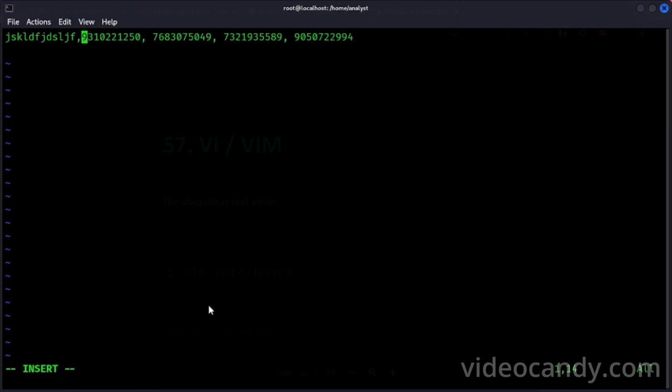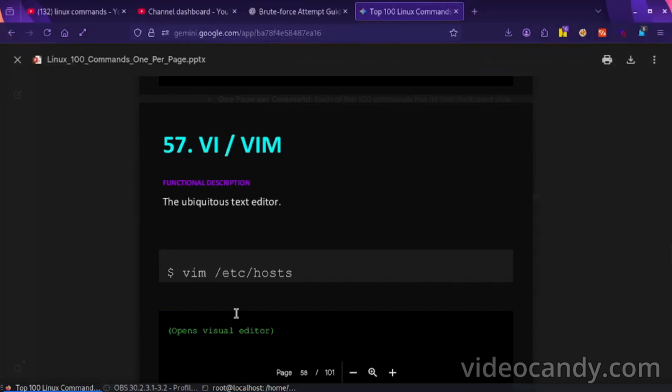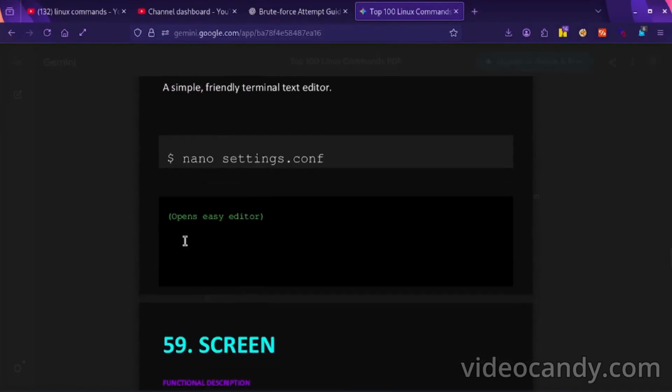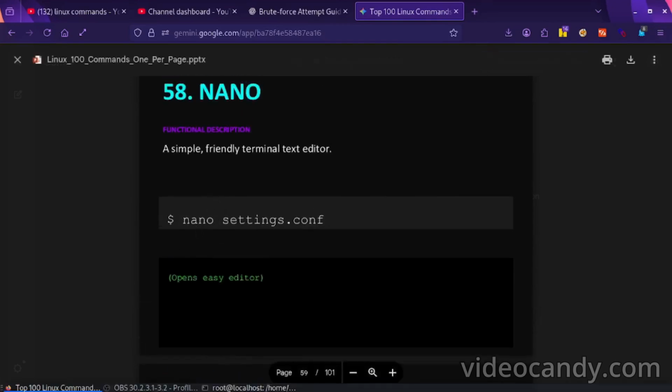Okay, and for saving we have to press Esc, then colon and wq to save. Okay. nano: a simple, friendly terminal text editor. This works also the same as vim.